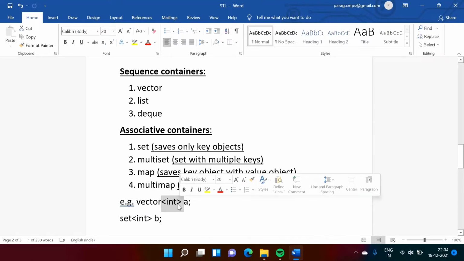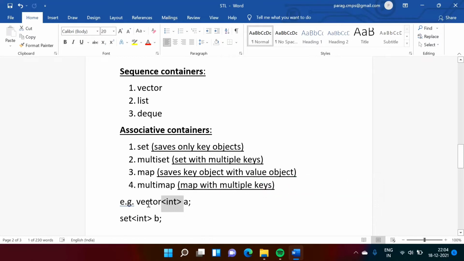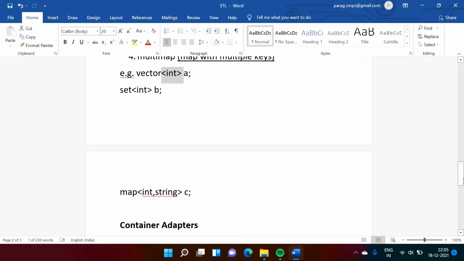So what is the data type of the placeholder, that we have to mention. So vector of int stands for integer data, set of int is a set of integer data, something like that. And about the map, it saves the data in terms of key value pairs. So this is the data type of the key and this is the data type of the value.